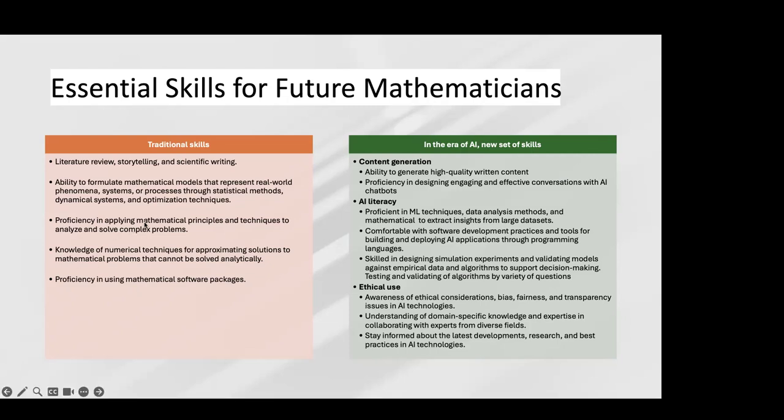We were supposed to know first principles from which the mathematical models can be generated, or techniques to analyze them, maybe bifurcation analysis, maybe singular perturbation analysis. We were supposed to know these principles. We were supposed to know numerical schemes, how to simulate the models, right? We were supposed to know software packages that were key. So nowadays, these are traditional skills. These have changed. Traditional skills are also important, but in the era of AI,